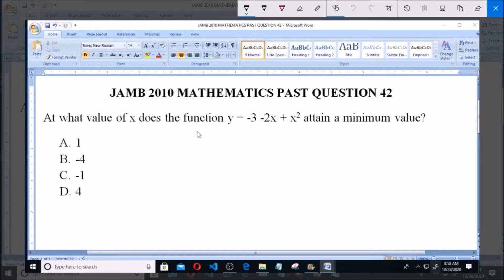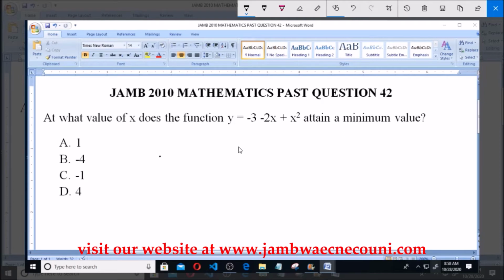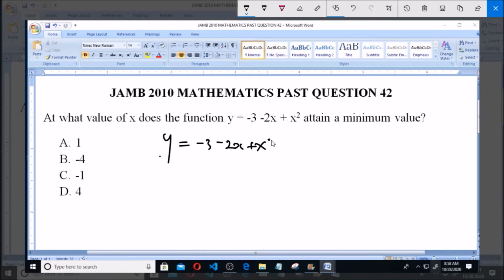Now what this question is just trying to tell us is that this is differential calculus, that is, we are asked to differentiate y with respect to x. We're given y = -3 - 2x + x². The question says, at what value of x does the function y attain a minimum value? Now differentiating, we have dy/dx will be equal to,